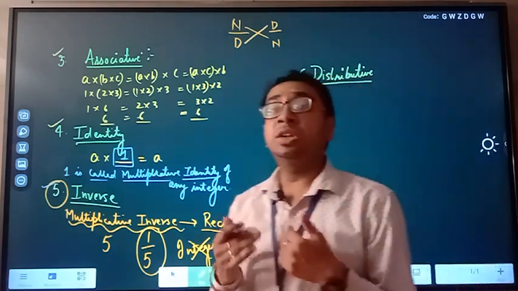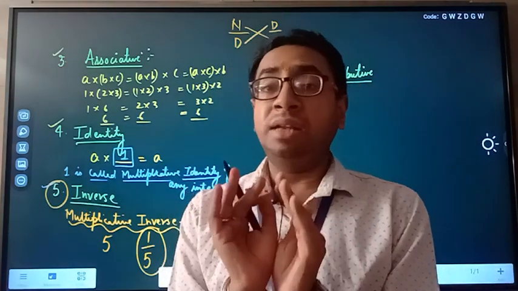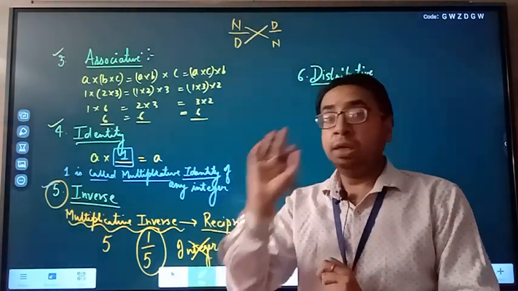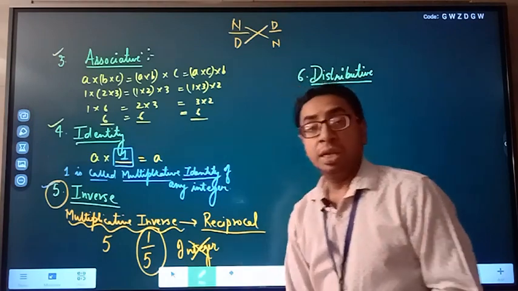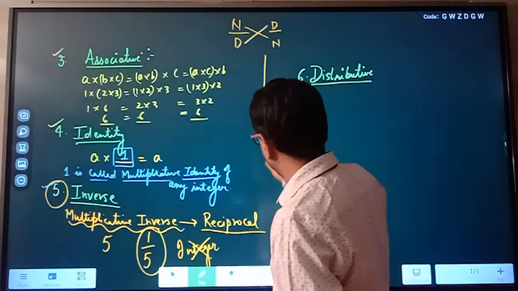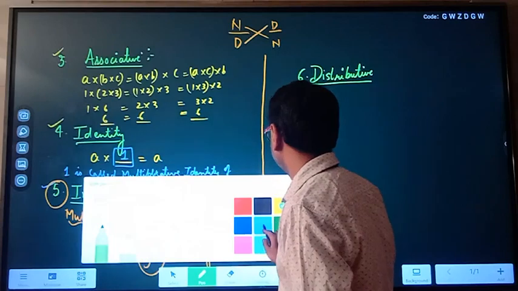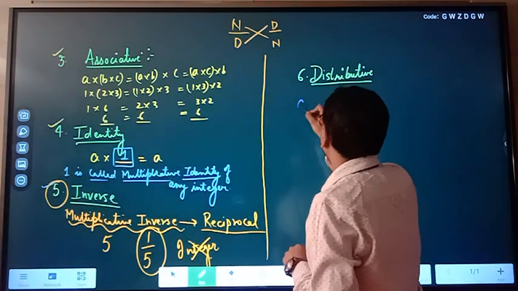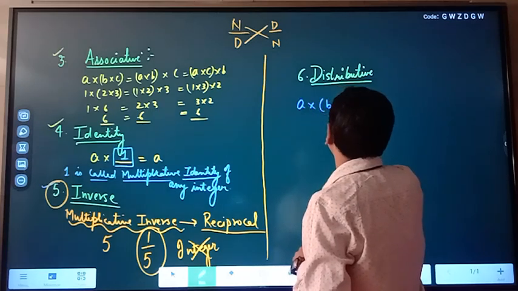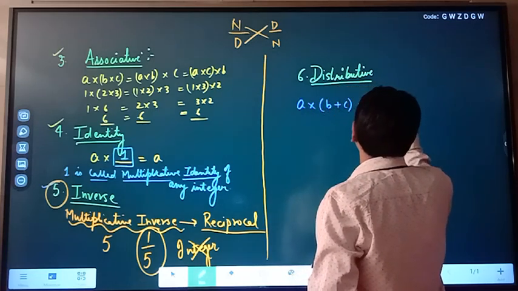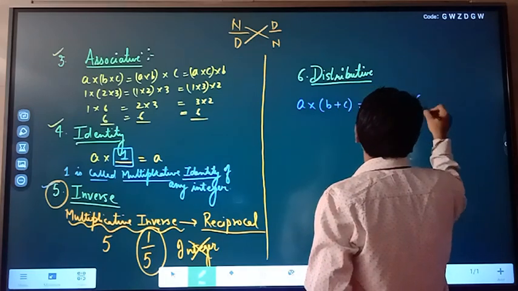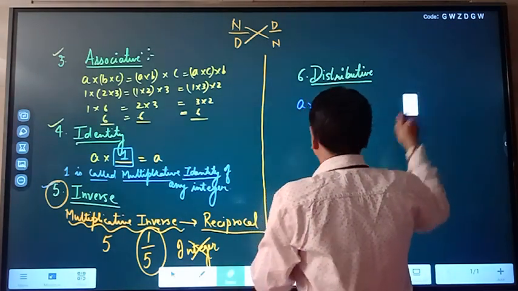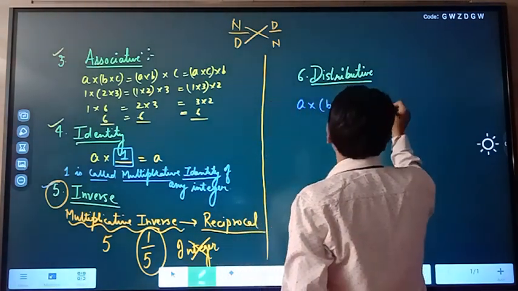But if somebody asks you what is the multiplicative inverse of any number, that's the reciprocal of that number. Are we clear? And reciprocal means numerator to denominator, denominator to numerator. Just change. Are we clear? Next, very, very important topic. That's the distributive property. I'll write what we mean by distributive property. A into B plus C is equal to A into B